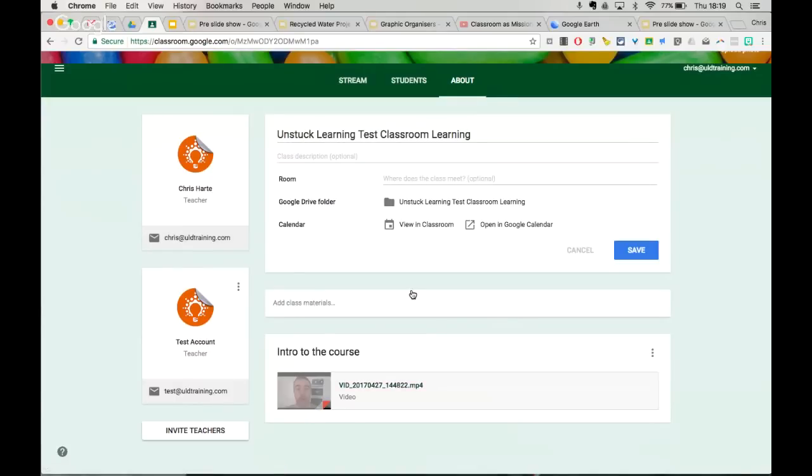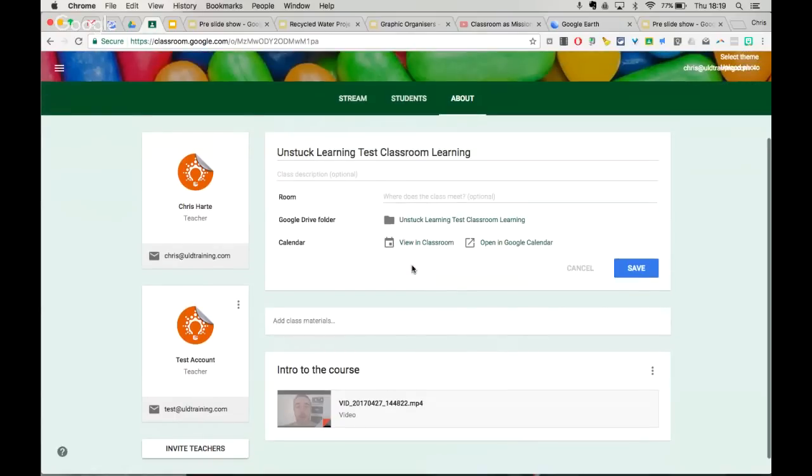So this page is static. It doesn't change unless you want to change it. And it's a really good place to put those kinds of resources that students will need more and more. Now, if I jump on the Students tab,